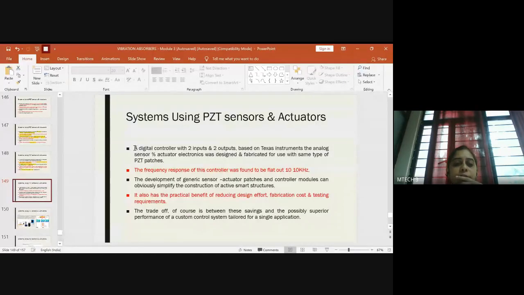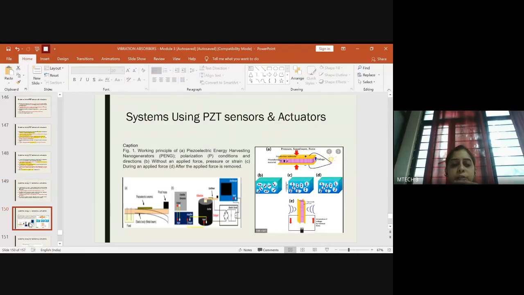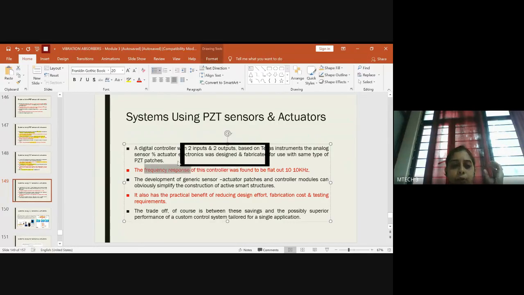So this was possible by having a digital controller with 2 inputs and 2 outputs. Based on the input, you can see here again you have 2 inputs, this is the input you are giving, 1 and 2. 2 inputs you have and 2 outputs you have. So this is called a two-way digital controlling system. This two-way digital controlling system helped to achieve the required frequency responses very well, and it was found to